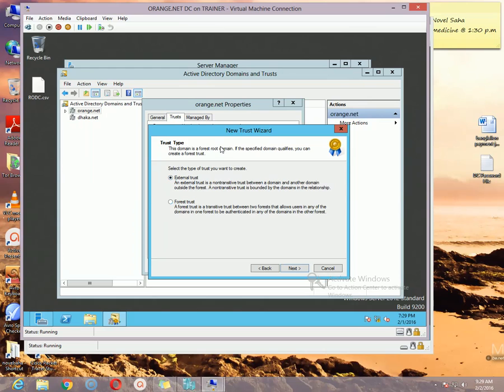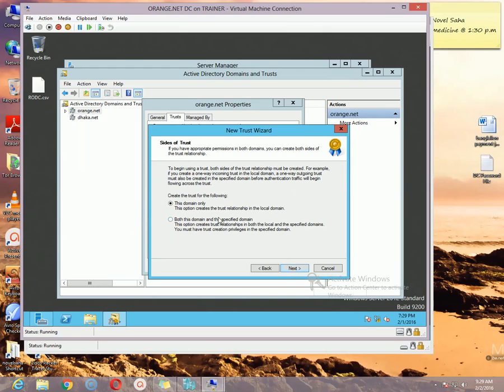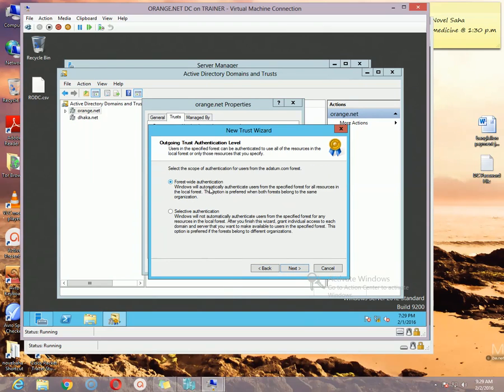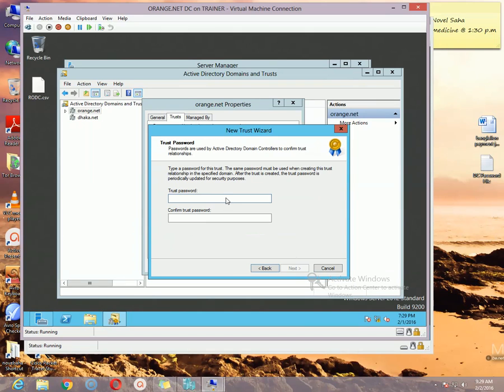Right, from the trust type page, select forest trust, click Next. Two-way trust, click Next. These domains only, click Next. And then forest-wide authentication, click Next. And then specify the trust password that you have specified in your adatum.com domain, I mean your first forest.